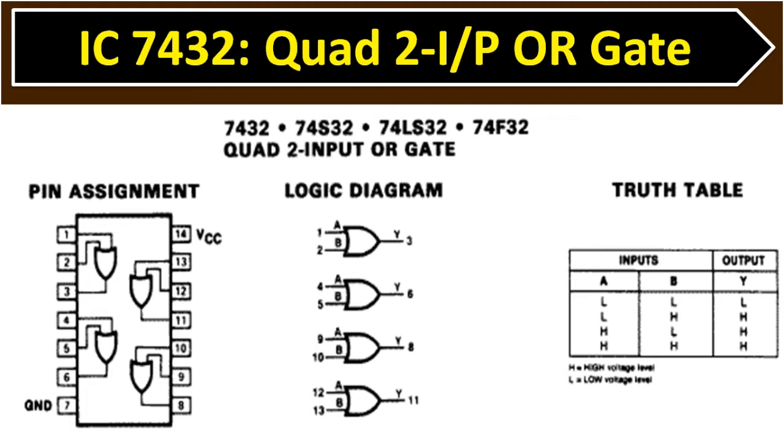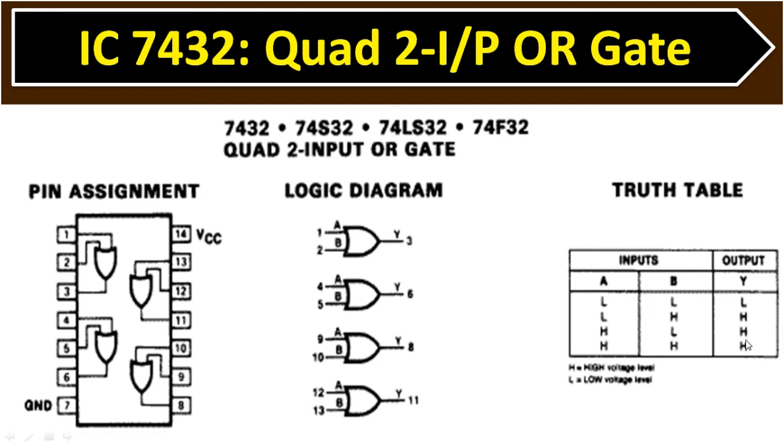Now with these OR gates facing towards the downward side, pin number 1 and 2 are inputs, pin number 3 is output, pin number 4, 5 are inputs, pin number 6 is output, pin number 8 is the output, and pin number 9, 10 are the inputs of the third OR gate, pin number 11 is the output, pin number 12, 13 are the inputs of the fourth OR gate. Now as per the truth table, if at least one input is high, then and only then the output will become high, that is 1.